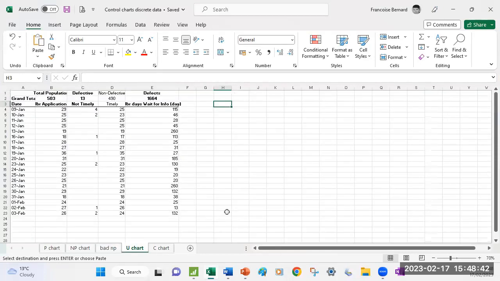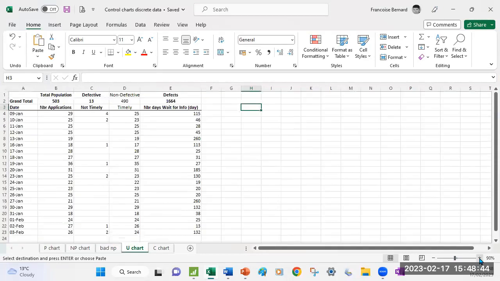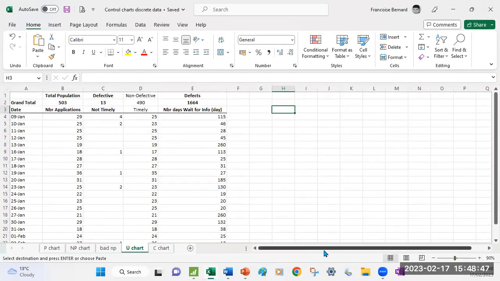So let's start first with the U chart. Now, just a bit of an intro on the data again to put some things in context. In this case, I know my total population. And really what I'm looking at here is the count of defects based on how many days we were waiting for information. Because when we were doing the 5 whys with the team, one of the feedback items that had come was, well, sometimes we have to wait for information, because those applications come toward the end of the week